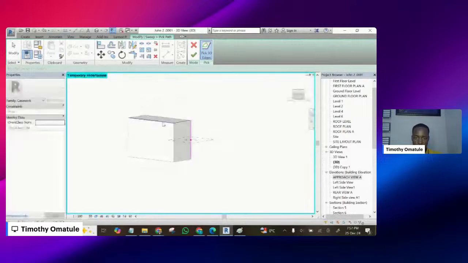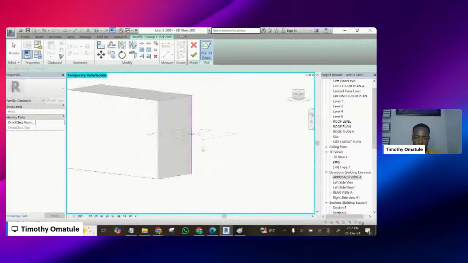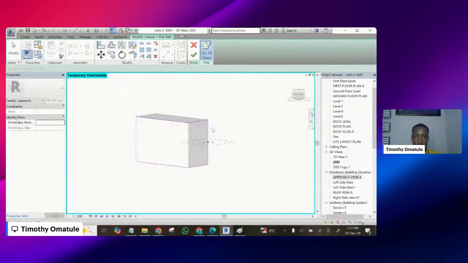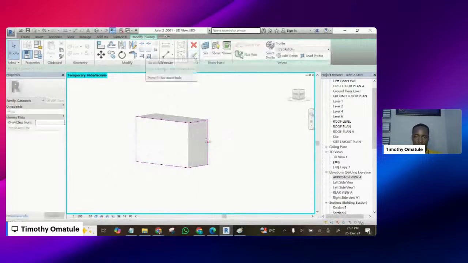Since this is a box now, this one will not give us that error that those walls were giving us. Okay, so I have picked the relevant edges. I can finish it now. I've finished the picking of the edges. Then I click edit profile,